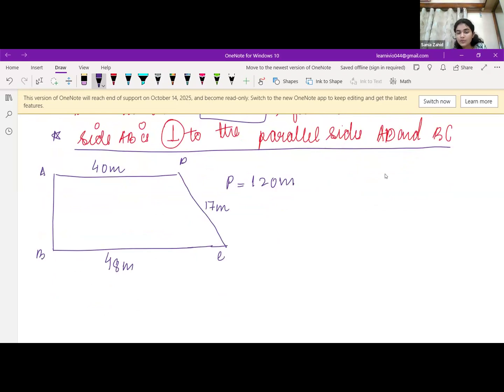Yes, you understand? Okay. Now, is there a way to find AB first of all? Because you have to find the area, right? If you have to find the area, children, you need to know the height as well. So how can I find the height? Ma'am, since it's perpendicular, the height will be